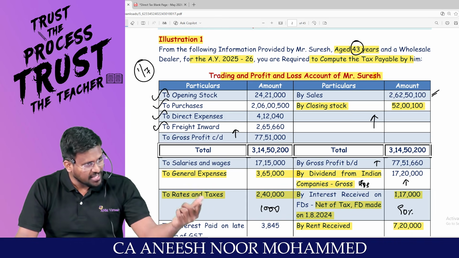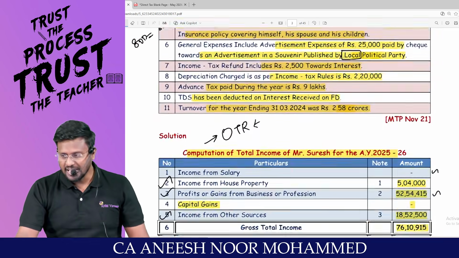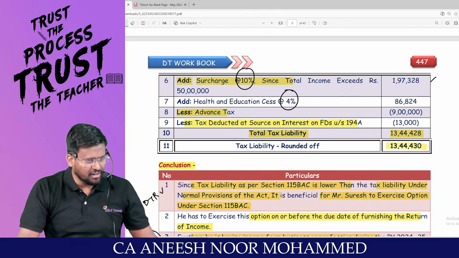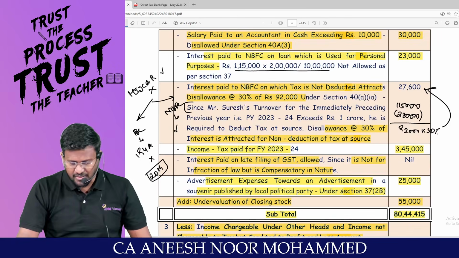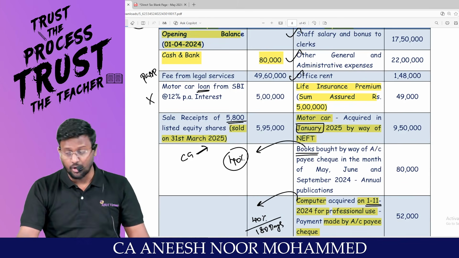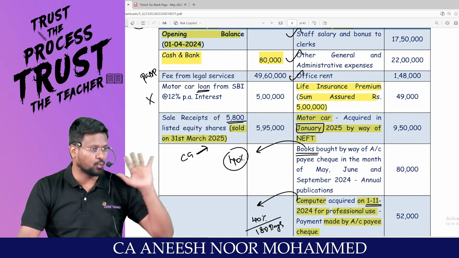More than 2 crores, less than 2 crores. If it is a receipts and payments account, basically for profession, for profession only, generally they will give the receipts and payments. Check whether the professional receipt has exceeded 50 lakhs or not. I hope that it's a very good takeaway for you.